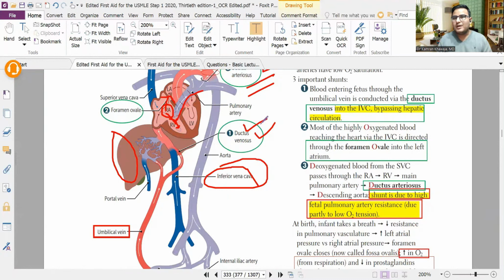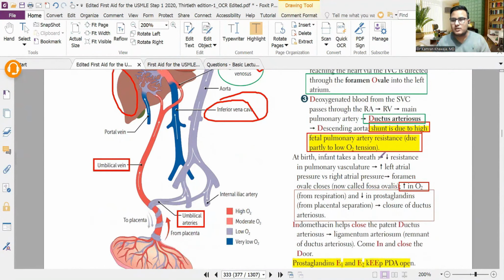व्हाट विल हैपन? ऑक्सीजन की जो टेंशन होगी वो बढ़ जाएगी। जब ऑक्सीजन की टेंशन बढ़ेगी पल्मोनरी वेस्कुलर की रेजिस्टेंस कम होगी एंड देयर विल बी मोर फ्लो टू द लेफ्ट एट्रियम, तो लेफ्ट एट्रियल का प्रेशर बढ़ेगा। मैंने आपको पहले बताया था जब लेफ्ट एट्रियल का प्रेशर बढ़ेगा तो प्राइमम सेप्टम सेकंडम के ऊपर चढ़ के उस फोरामेन ओवेल को क्लोज कर देता है। आपको ये बात मैंने समझाई थी। फिर उसके बाद एक नेक्स्ट कंसेप्ट होता है